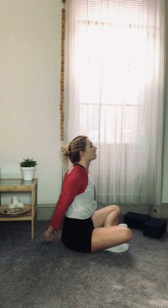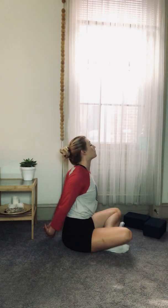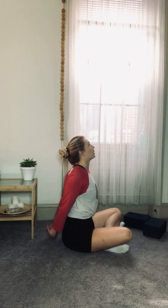Now if we can, we're going to clasp our hands behind our back. Press the fist away from your tailbone. So again, we're opening up here. If you have tight shoulders, this is going to be really tough. If you cannot clasp your hands, you can grab a towel or a belt, whatever you can to hold on to get your arms back. The idea is to not have your hands here. We want to reach them up and away. Ideally, you want your palms to touch, but I have really tight shoulders, so this doesn't work for me. Pressing through. Breathing,